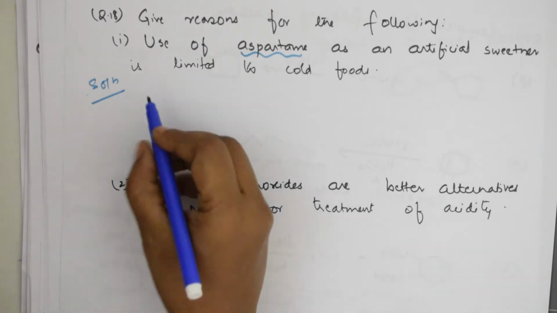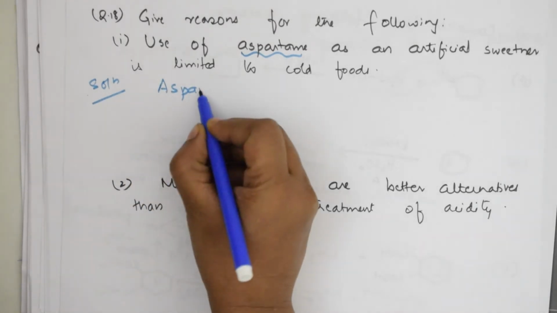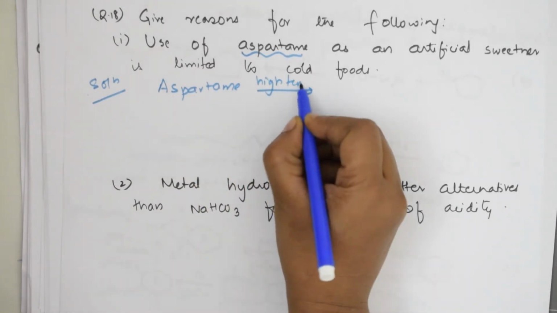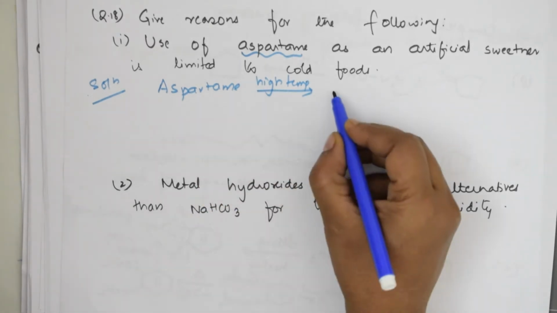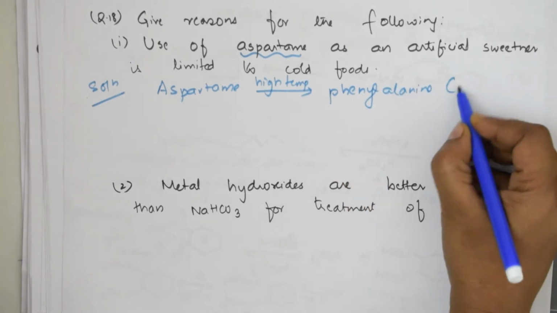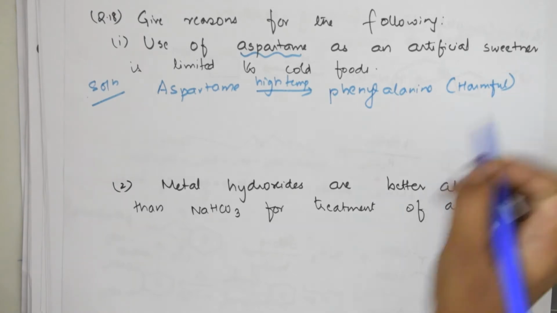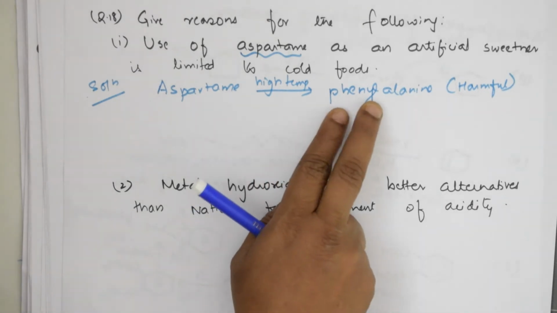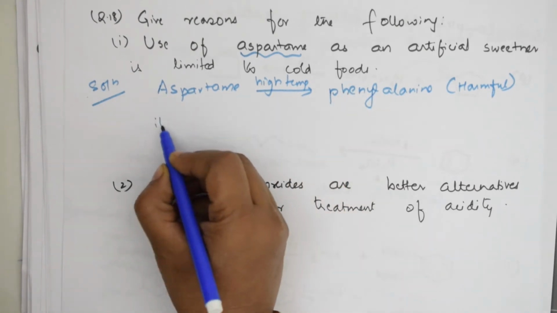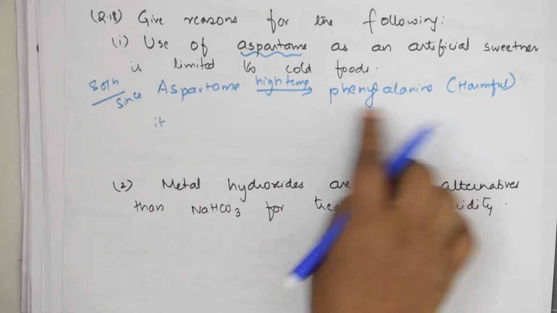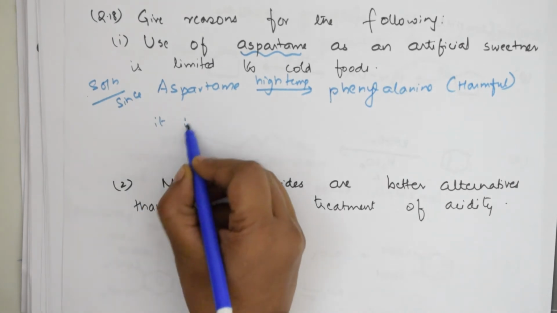What should you remember? Whenever aspartame is exposed to high temperature, that means when you heat it, what will happen? This aspartame is getting converted to a substance called phenylalanine. This phenylalanine is harmful in nature. So this is the reason. Aspartame, which is a non-saccharide sweetener, a sugar substitute, gets converted to a harmful substance at high temperature. We write this: since aspartame gets converted to phenylalanine at high temperature,